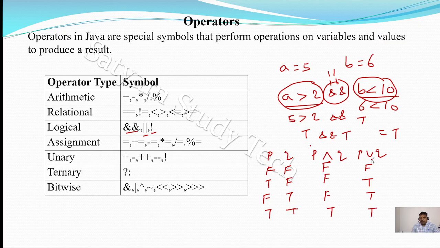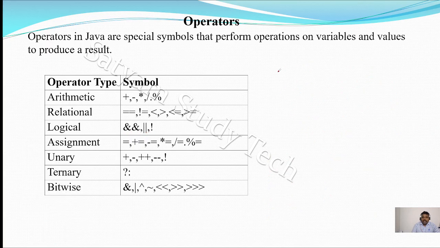So this is the not operator. For example, here A equal to true; not A means false. Okay, so that is the operator. Now we can see the